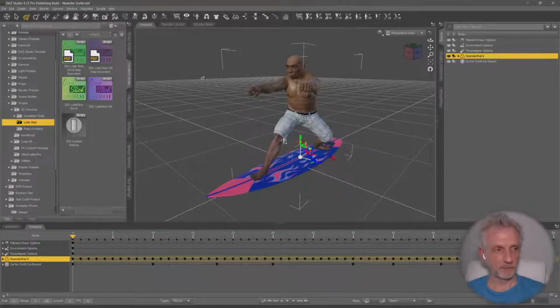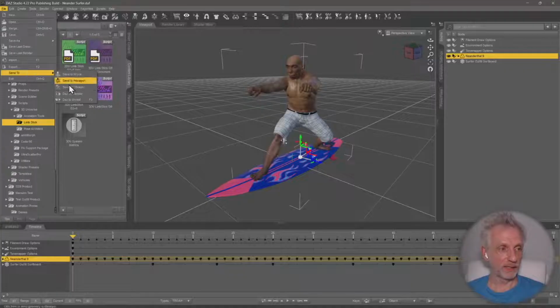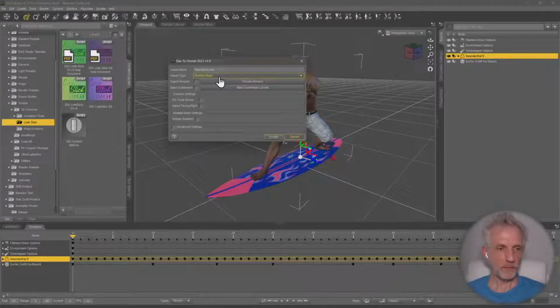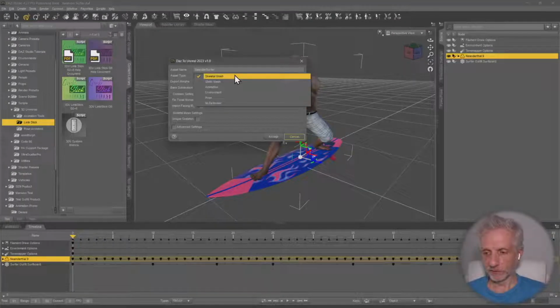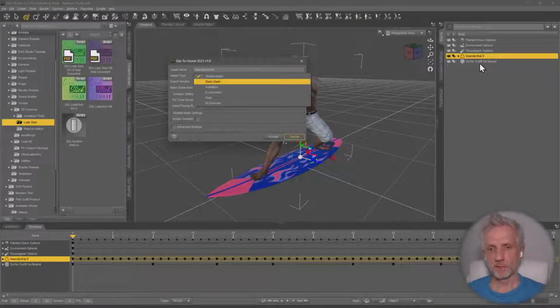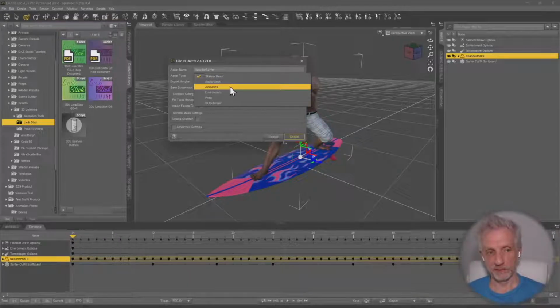He needs to be selected, and then we need to go over to File, Send to Daz to Unreal, and he is a skeletal mesh. You've got several options here. For something like the surfboard, that's not a skeletal mesh, that's a static mesh. For our animation information, we have this. There's also